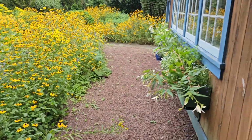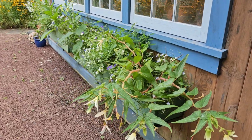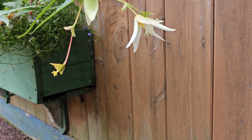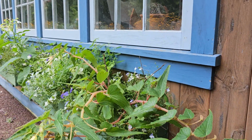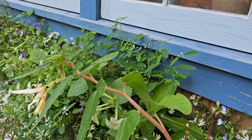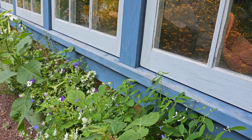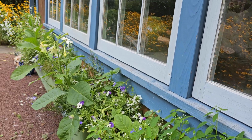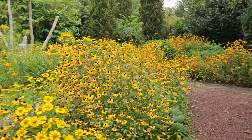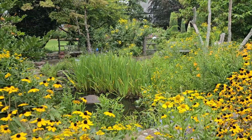And then over here, the window boxes on the cottage. These are a type of begonia I've never seen, but I know it's a begonia because I recognize that seed head. And also within this beautiful box, looks like some diamond frost euphorbia, some scabiosa, some trailing lobelia, some Johnny jump ups. There's some nicotiana and the sneezeweed over here on the side, and the black-eyed Susan, the rudbeckia, and